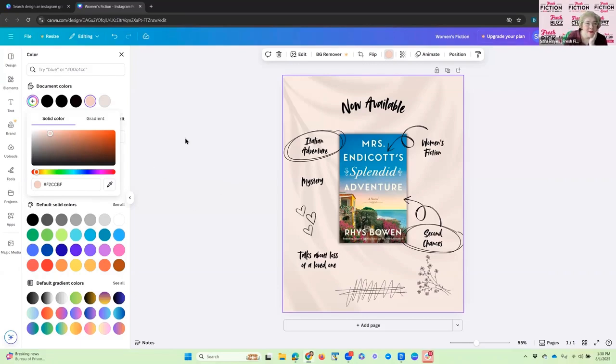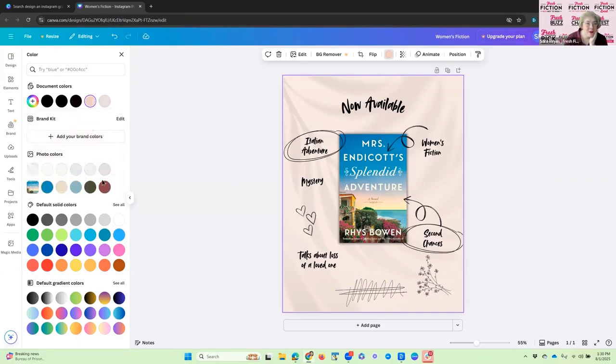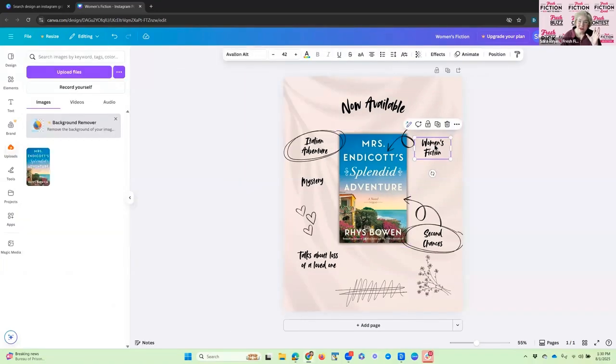So this was a pink that was not available in my default photo picture, but I like the way it stands because it's still picking up from the cover and it's still adding a little bit to that. And you can use that color picker. You can use it on text. If I want to change this text color,